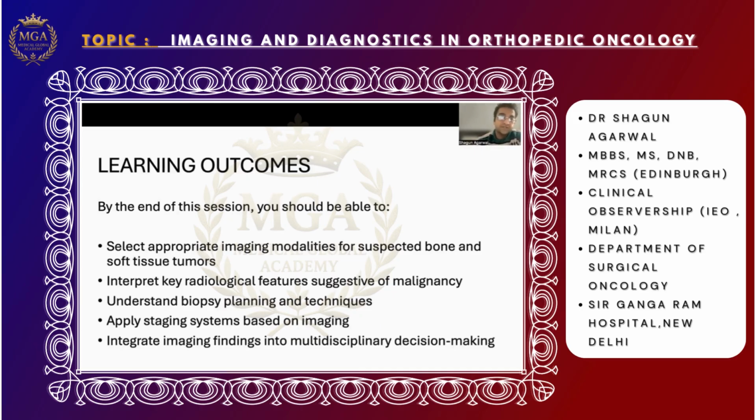By the end of this session, you will be able to select the appropriate imaging modality for suspected bone and soft tissue tumors. You will be able to interpret the key radiological features which are suggestive of malignancy. You will also be able to understand how to plan the biopsy and what are the different techniques that are used in the biopsy of these tumors, and apply these staging systems, whether it's the Enneking system or the TNM system, where it is used when, and how to stage the tumor based on imaging, and then again integrate imaging findings into multidisciplinary